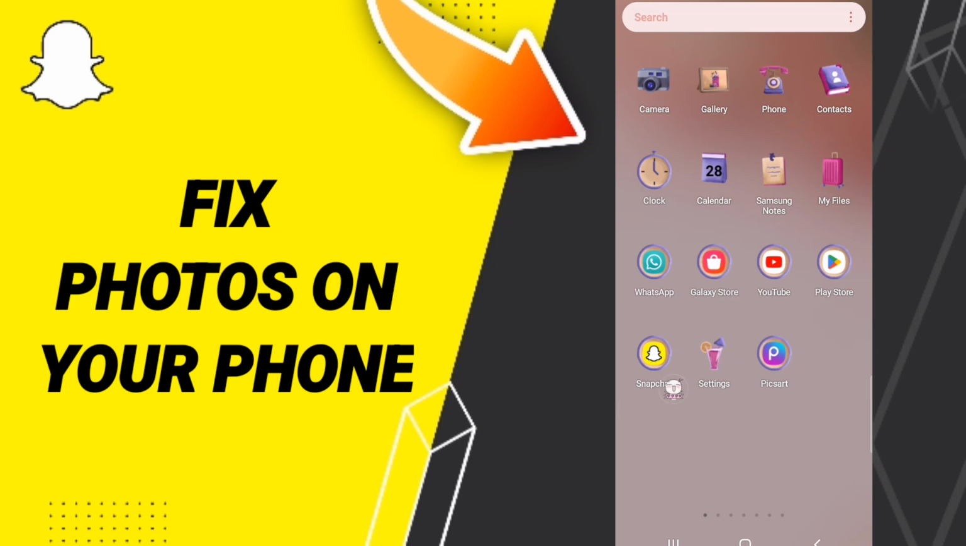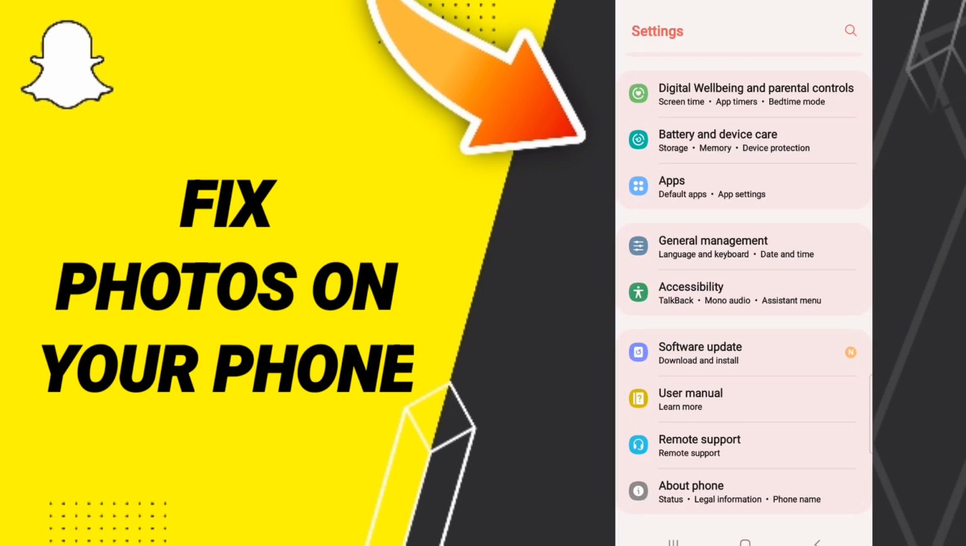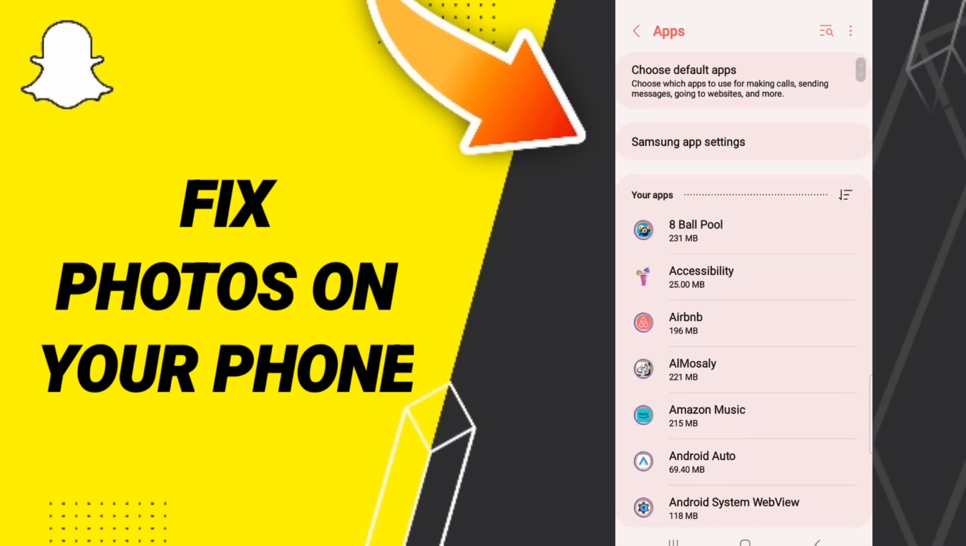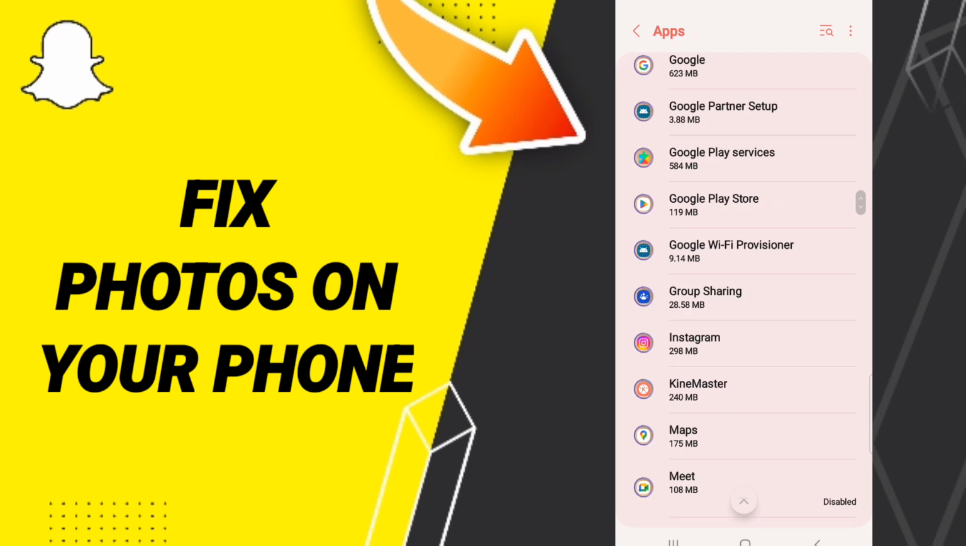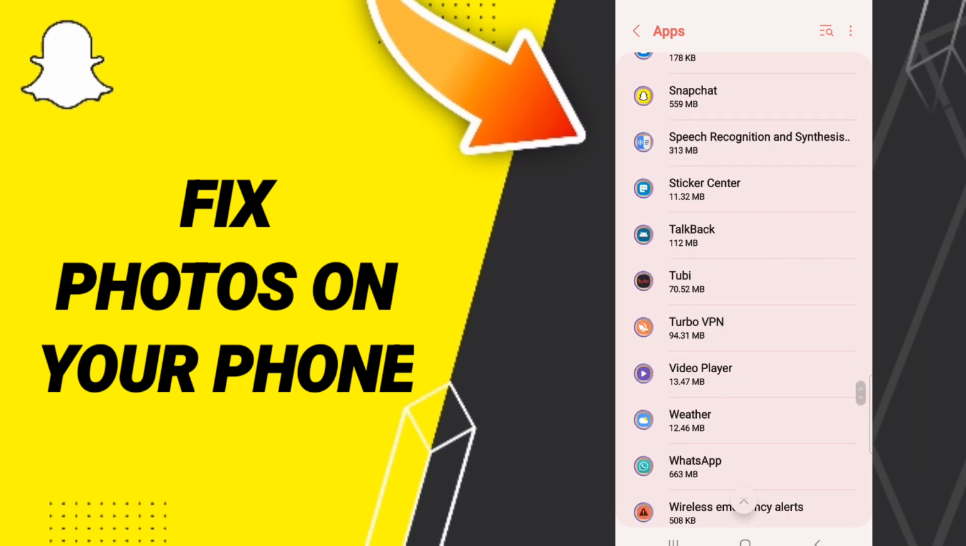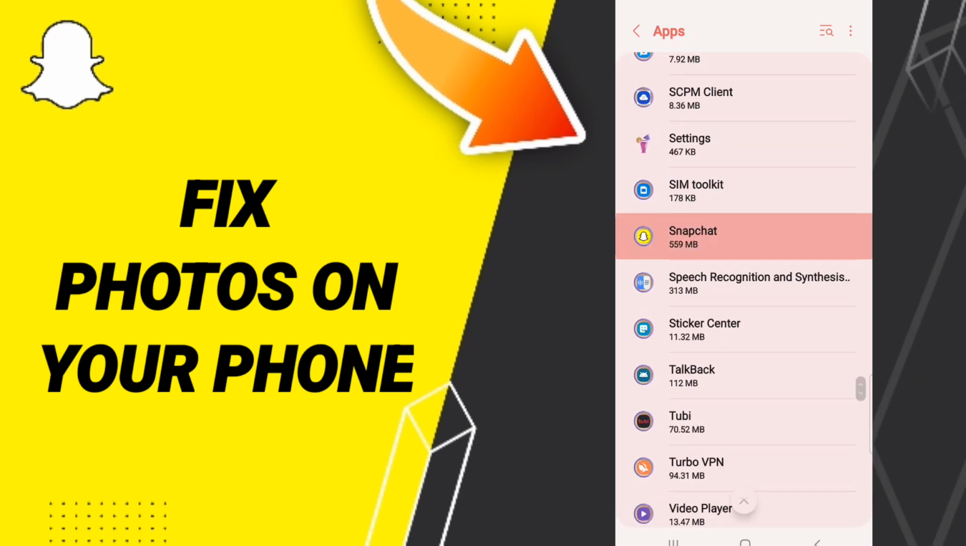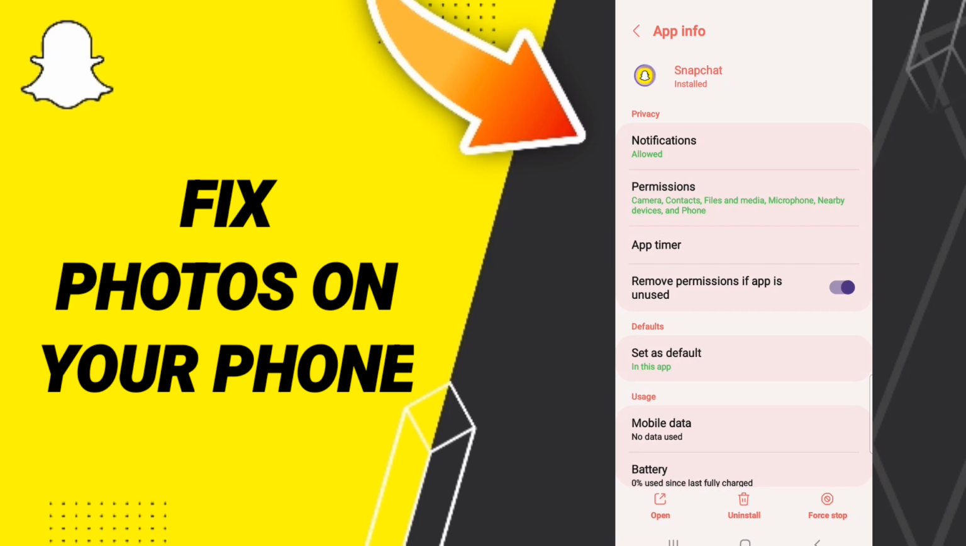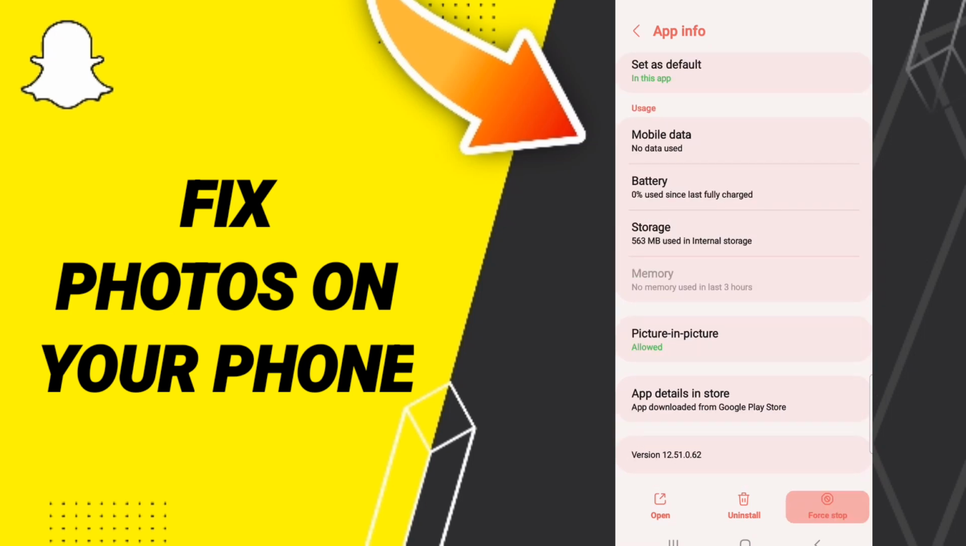you should just go to settings. Then we click apps, default apps, app settings. Here on this page, you will search for the Snapchat window. When you enter this app info window, you will click on force stop and you will click